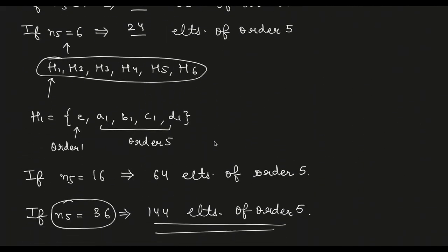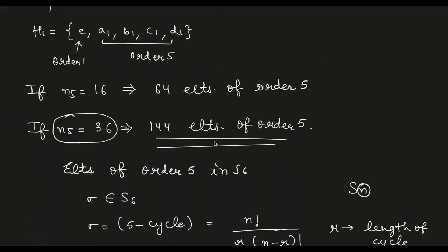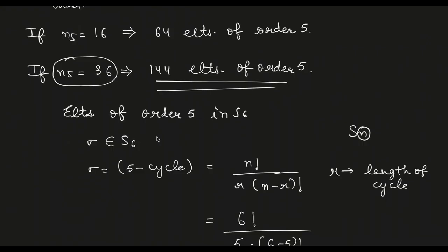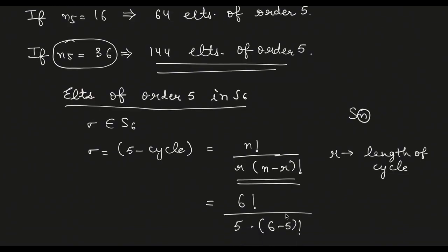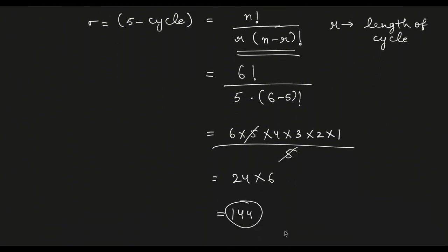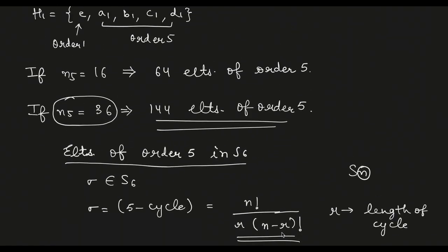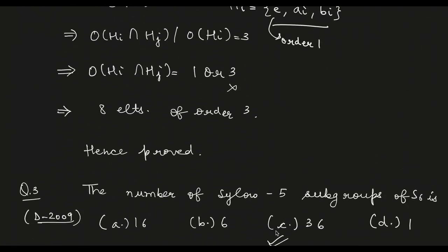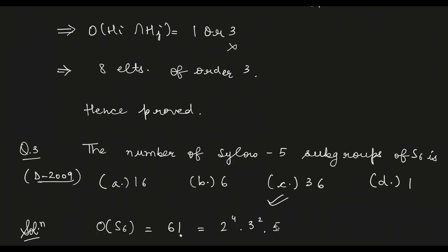उसके लिए मैंने क्या करा, यहाँ पे 144 एलिमेंट्स आए थे हमारे पास, मैंने ये चेक करा एलिमेंट्स ऑफ ऑर्डर 5 इन S6, ये वाला फॉर्मूला हमने पढ़ा था ना, तो उसको अप्लाई करा तो उसमें आया 144 एलिमेंट्स। फिर मैंने देखा कि कौन सी वाली पॉसिबिलिटी में 144 एलिमेंट्स हमारे पास आ रहे थे। अच्छा, ठीक ठीक। तो उससे मैंने टिक करा, अदरवाइज तो ये चारों ही ऑप्शन टिक हो नहीं सकते। ठीक है।